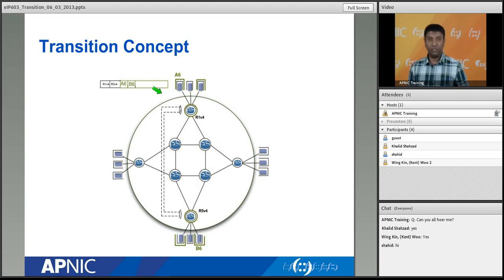What scalability issues? Okay, in that case, on the slide we have only 2 networks or 4 networks. We can create 2 or 4 tunnels. But what if in the global internet we have thousands of networks? Should I create thousands of tunnels to different parts of the world? Probably not. That is not a scalable solution. So that is why we have the concept of tunnel brokers. So what are tunnel brokers?